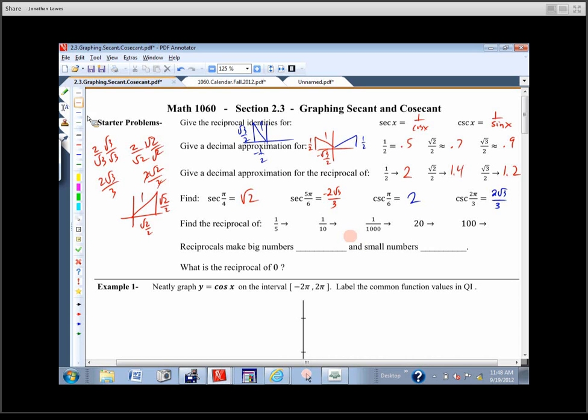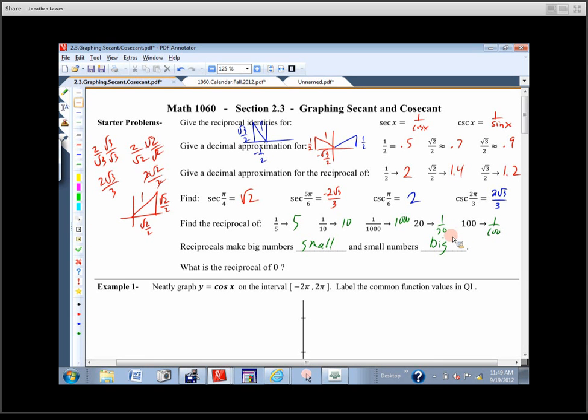And then a couple problems that might seem a little bit on the silly side. What's the reciprocal of 1/5? 1/10 would be 10. Reciprocal of 1,000th would be 1,000. What's the reciprocal of 20? 1/20th, and the reciprocal of 100? 1/100th, okay? So what happens when we do the reciprocal of a number? The reciprocal has this effect. It makes big numbers small, and what does it do to small numbers? Makes them big. Now you'll notice that these three right here were small positive numbers, so the reciprocals were big positive numbers. These were big positive numbers, relatively speaking, so the reciprocals were